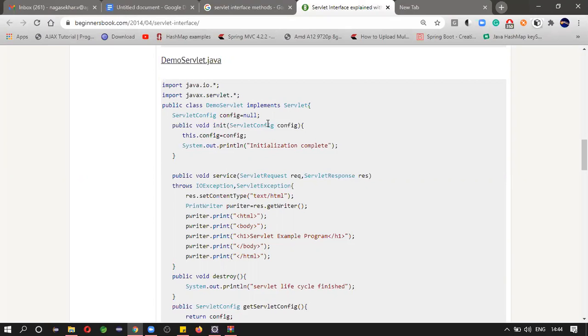Then whenever the servlet is created, whatever code you wrote in this method will be executed. Otherwise, you can consider it as a default setting or configuration.